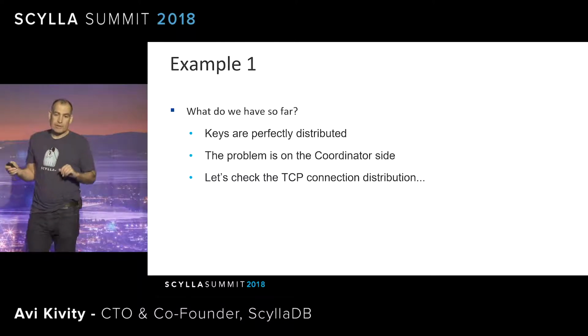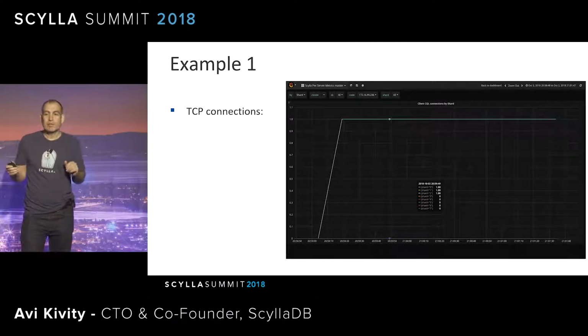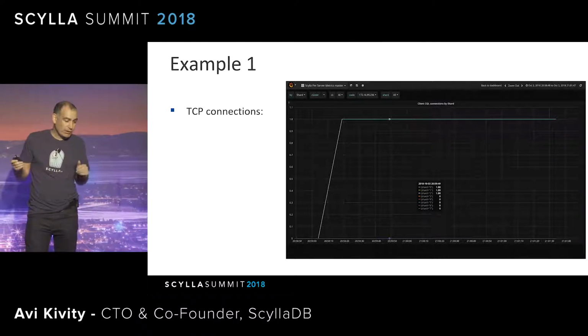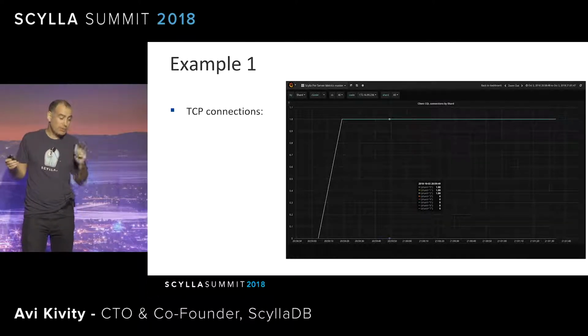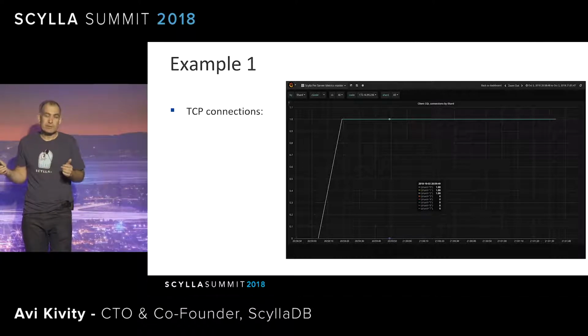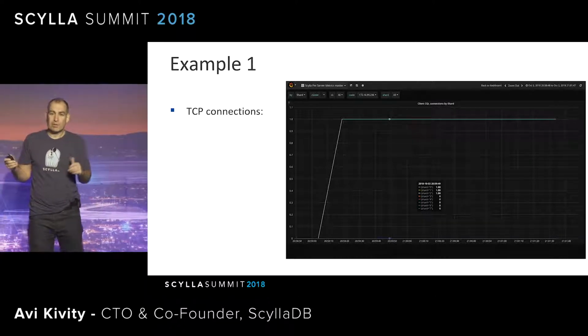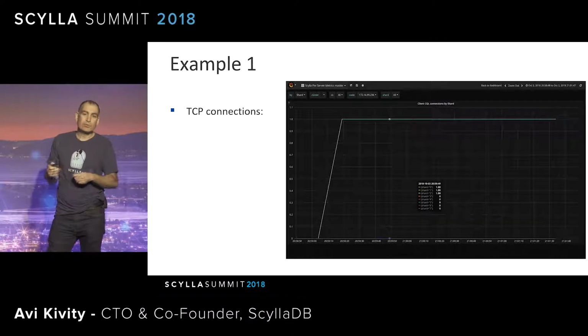So usually the connections are implicated in such a case. And it's very easy to verify. You have a metric that tells you the number of TCP connections per shard, and you can look at that, and you can see that you have two shards with a connection, and those are the two shards that are busy, and the rest don't have connections, and therefore they don't get to process any requests. So the fix for that is to make sure that you have sufficient connections, tune your driver